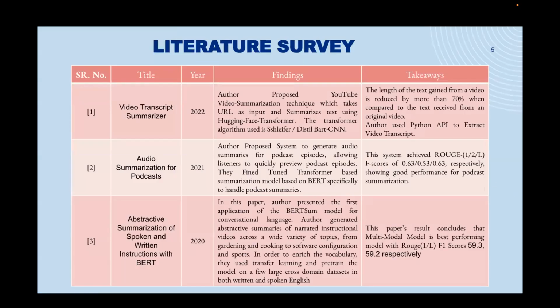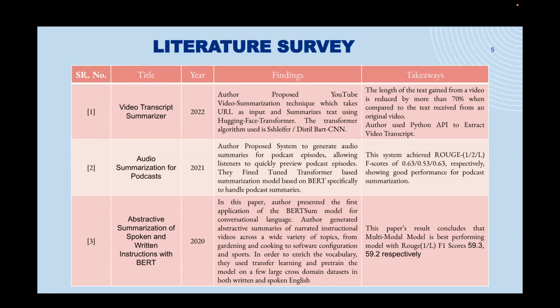Literature survey. In the first paper, the author proposes a video transcript summarizer that takes YouTube links as input and gives the summarized transcript using Hugging Face transformers. The transformer algorithm used is DistilBART CNN. The second paper proposed an approach that automatically creates podcast audio summaries. They generate text summaries by selecting relevant sentences from the transcript using automatic extractive summarization. They used a previously proposed PRISM model, which builds upon BERT, and fine-tuned it specifically to handle